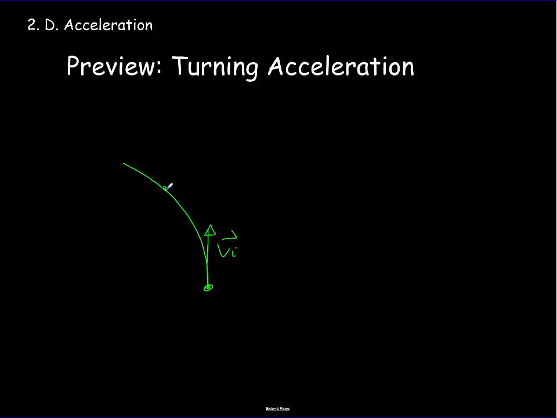Now a short time later, we could have it going the same speed, so I'll draw the length of the vector the same, but obviously it's changed its direction. So when we calculate the acceleration, it's a vector, and it's going to equal that v final vector minus that v initial vector, all over the amount of time it took to make that change in direction. And we discussed earlier